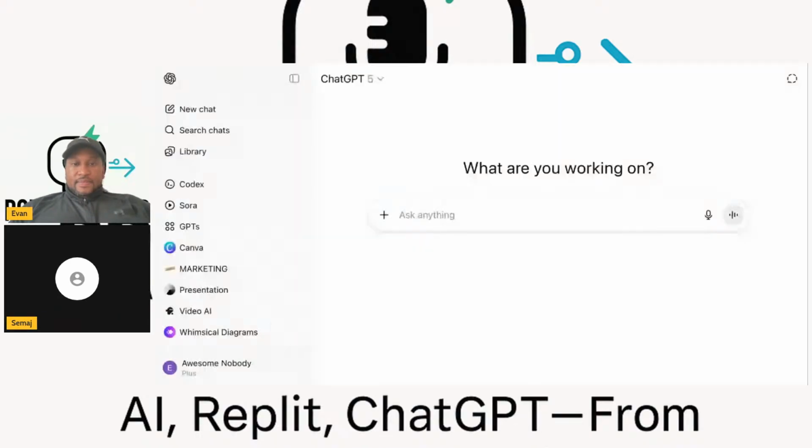ChatGPT, because you could actually build a mobile application through ChatGPT first, and then you go beta, which would be Replit. I did it backwards. I did Replit, then ChatGPT, which made it very hard for me. I don't necessarily think that was bad, because they both do the same thing. I'm sure Replit is tuned into ChatGPT, but of course it's not the same as being on ChatGPT and being logged into your account.